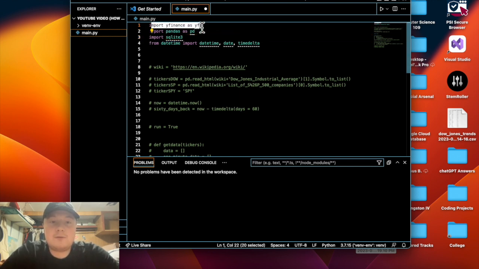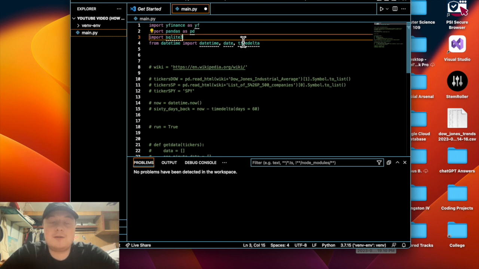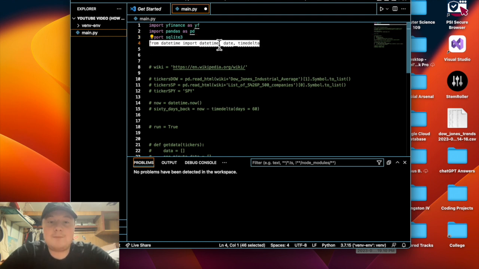Alright, so we have yfinance, which is the module that we will use to retrieve the stock data from each ticker. Pandas, which we use to export the data to a SQLite database. SQLite 3, which is used for the connection to the database, which will be how we export the data to the database. And then from datetime, import datetime, date, timedelta. I don't think the timedelta is really that important, but yeah,